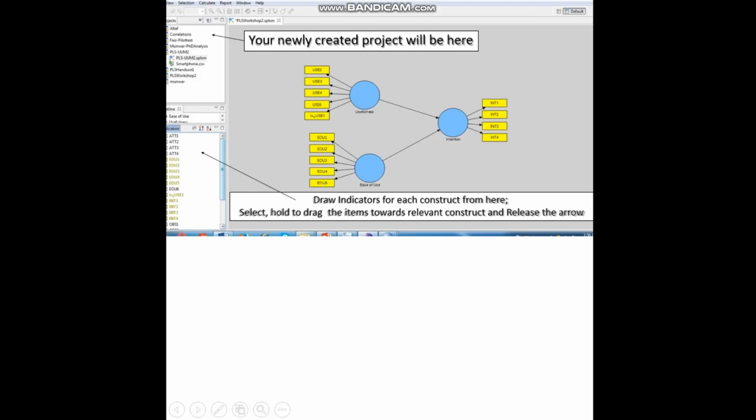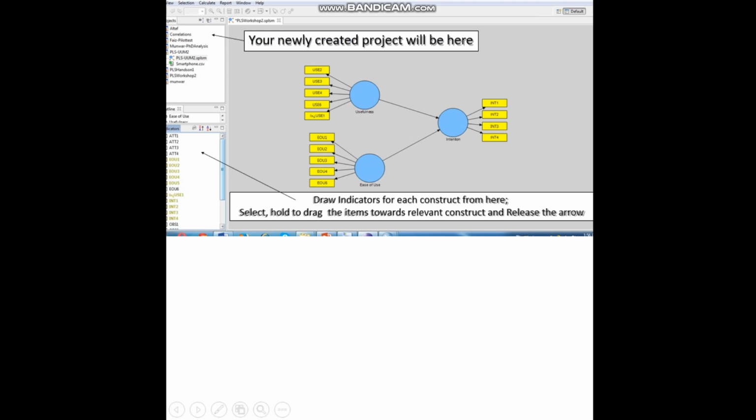Then next, your newly created project will be here. Initially you created these blue balls, then you insert these items, which we can call constructs, from here. Draw indicators for each construct from here. Select, hold and drag the item towards the relevant construct and release the arrow.